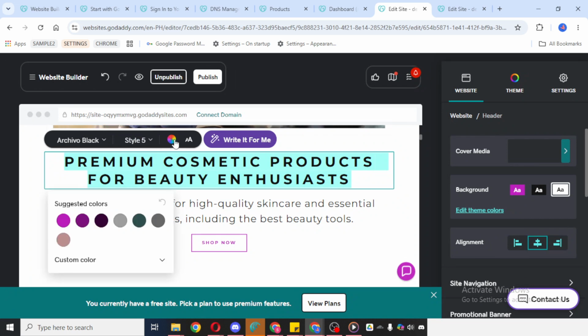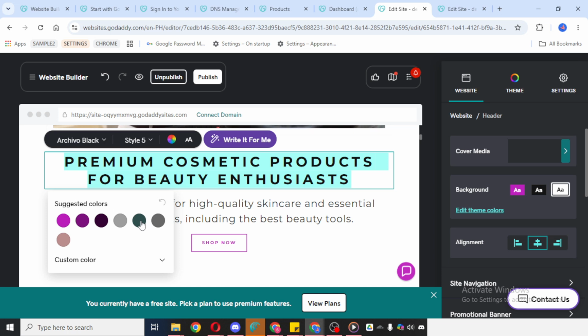As you do this, pay attention to how the new color looks against the background. A color may look nice, but it should also be easy for visitors to read. If your website has a theme or brand colors, this is a good time to keep your selection consistent with the rest of your design.